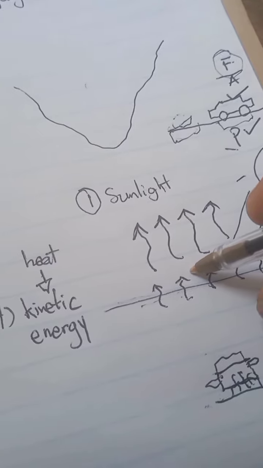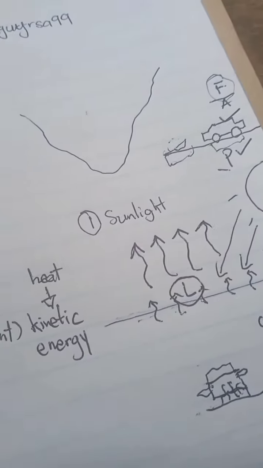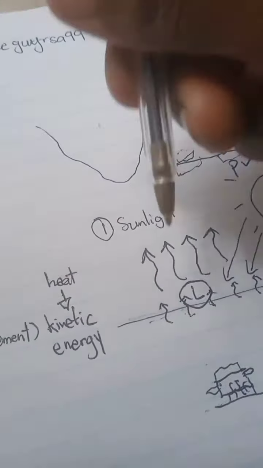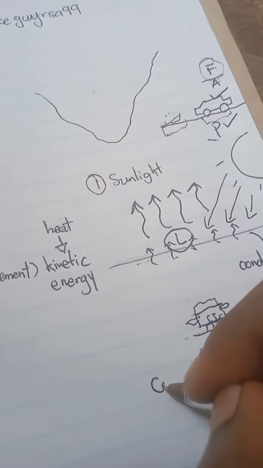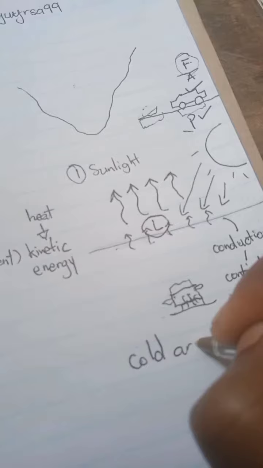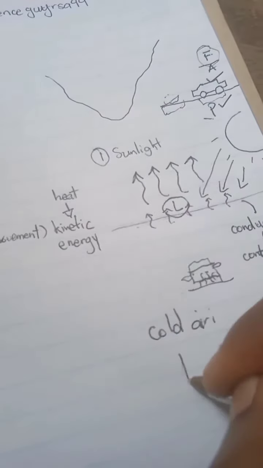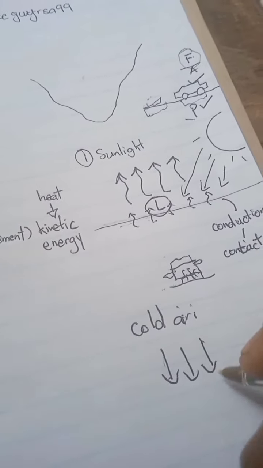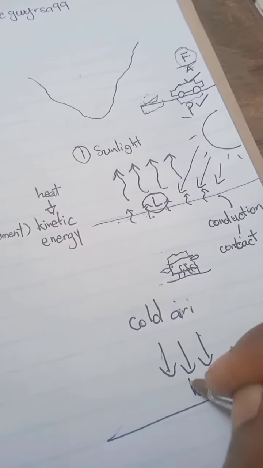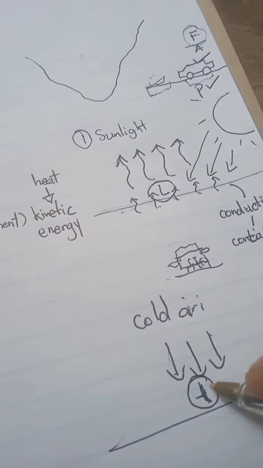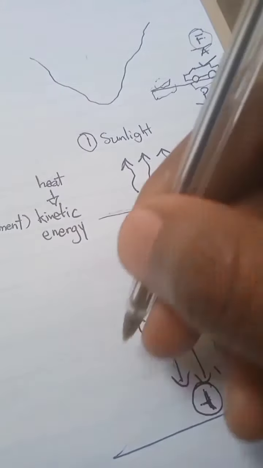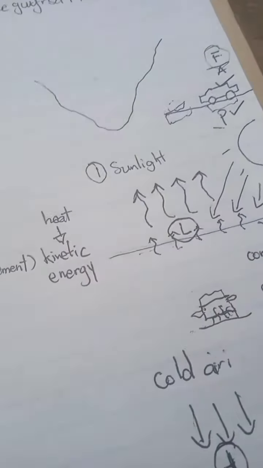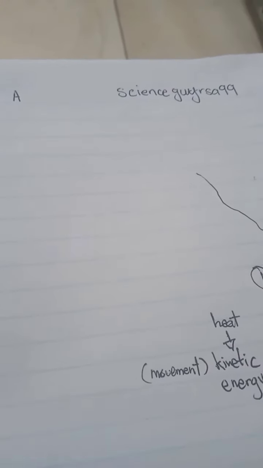There's very little pressure. Okay, that's why we say an area of low pressure is created, because they do not press against the ground like when you have cold air. Okay, cold air presses against the ground, and hence cold air is always associated with an area of high pressure. Okay, because it exerts a force towards the surface, and so there's an area of high pressure created on the surface.